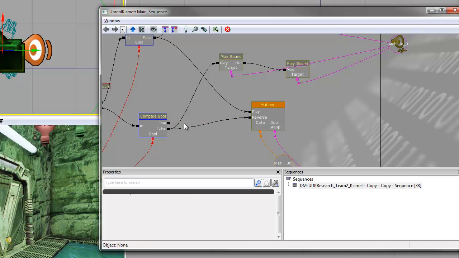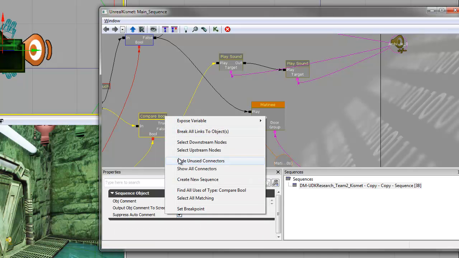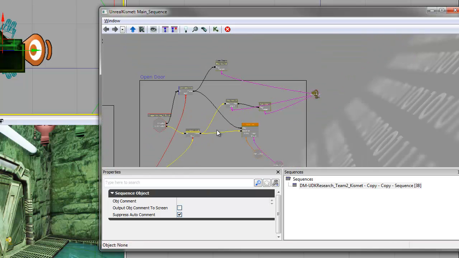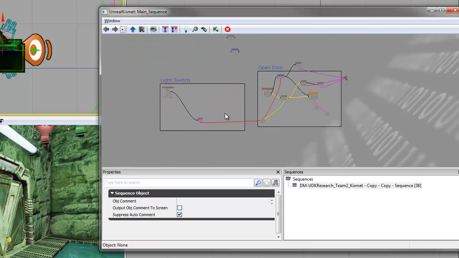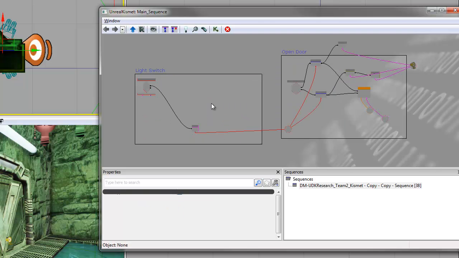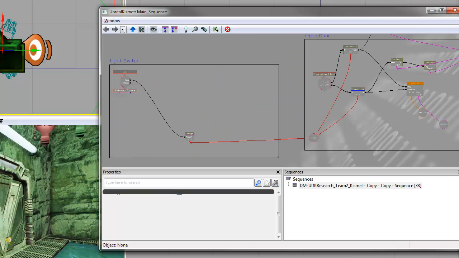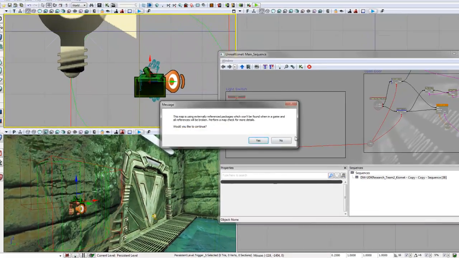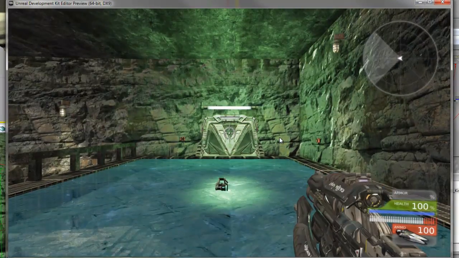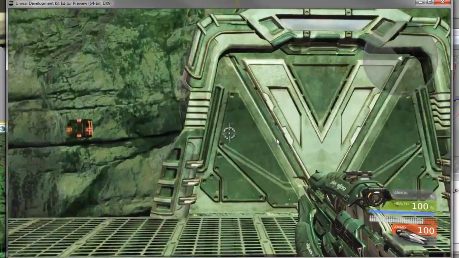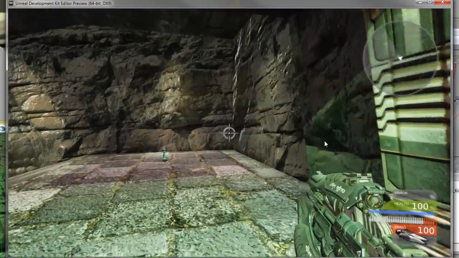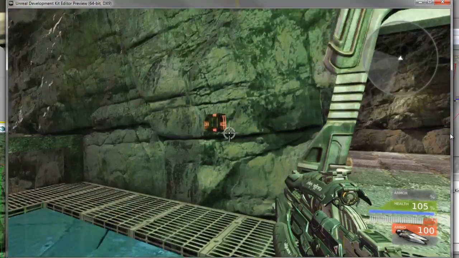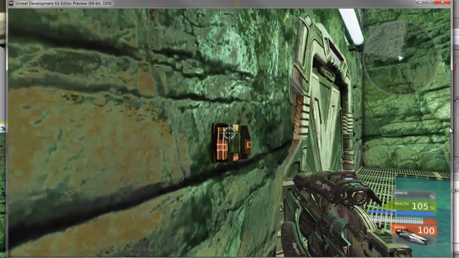Actually, we don't need that either. I think we're good if we just remove these. Sorry, this is complicated. So I think we're good set up to lock this door. Let's just test that out. See it opening. Now if we hit the switch,